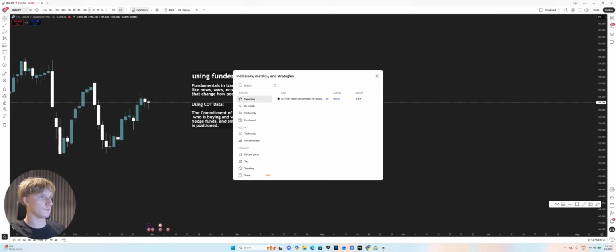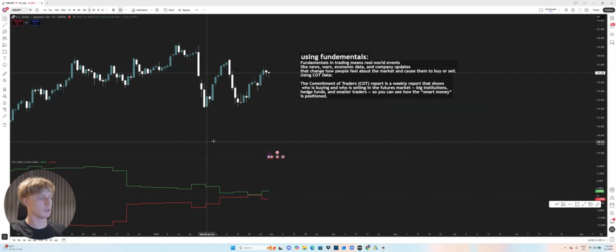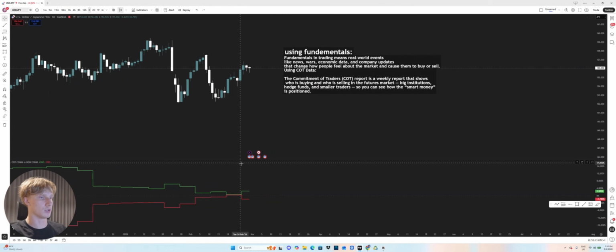But anyway, we don't actually need to look at this. Luckily, there is a tool that we can use, which makes this a lot easier. So you're going to come over to TradingView. You go to Indicators. As you can see, I have it saved, but you can just go ahead and search up COT. And then it's going to come up here. It's by this guy, Noldo. Shout out to you. Go ahead and click on that. And then you're going to have a chart which appears. So the green line is representing commercials, big money. The red line is representing retail traders, so everyday people who are participating in the market.